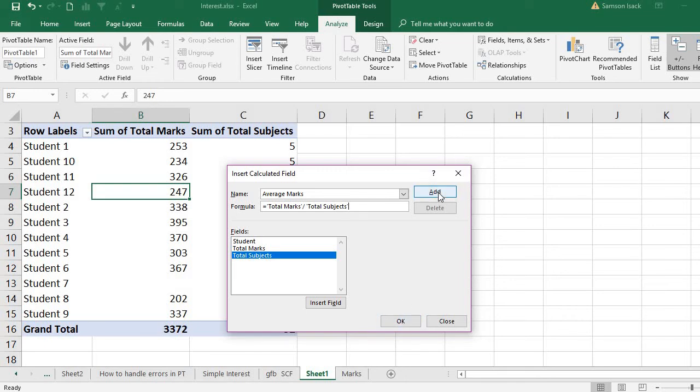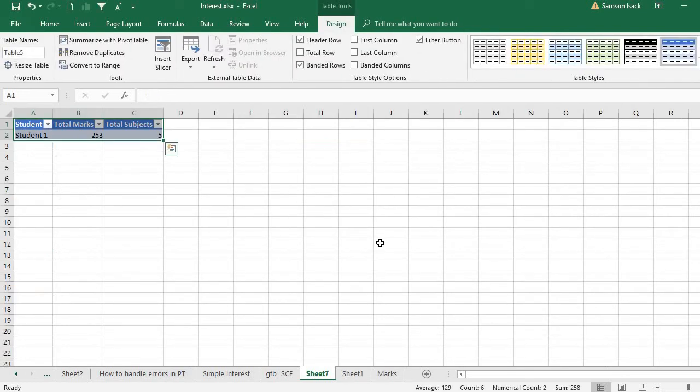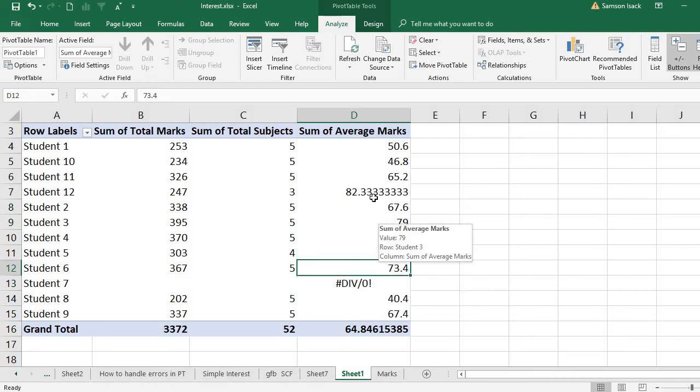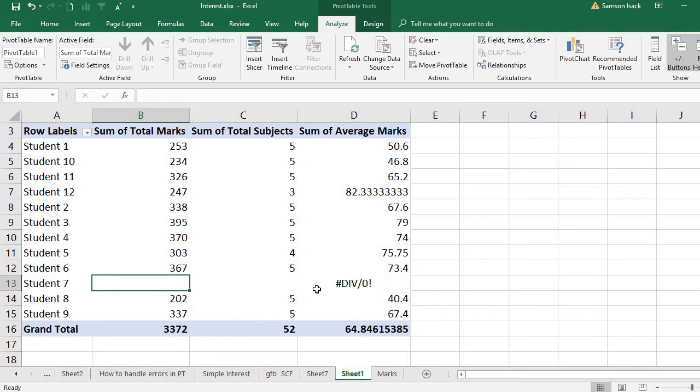Then add this field and you get the average marks. Press OK. Now you got the marks here. You can set the field values format to 2 decimals or 1 decimal or whatever. Now you see for this student 7, you got a